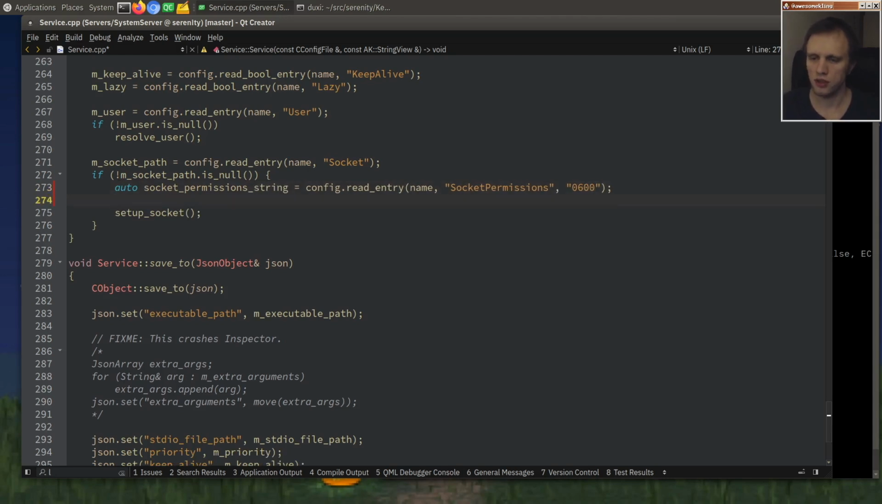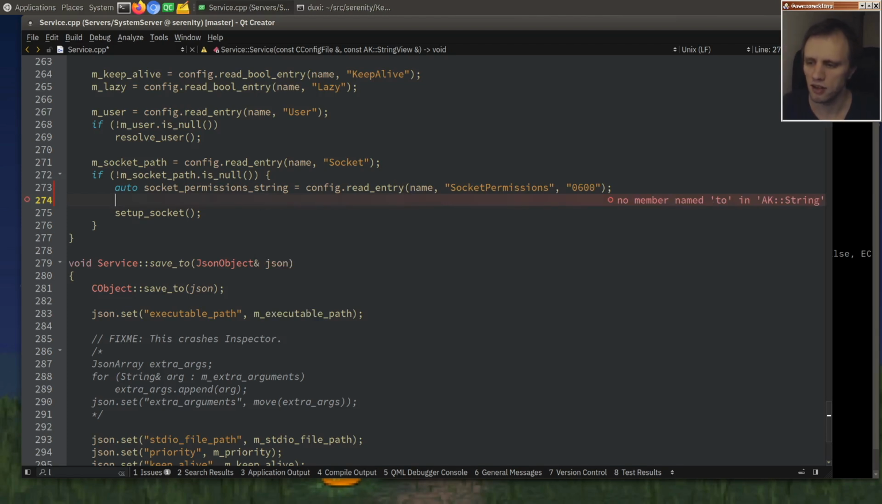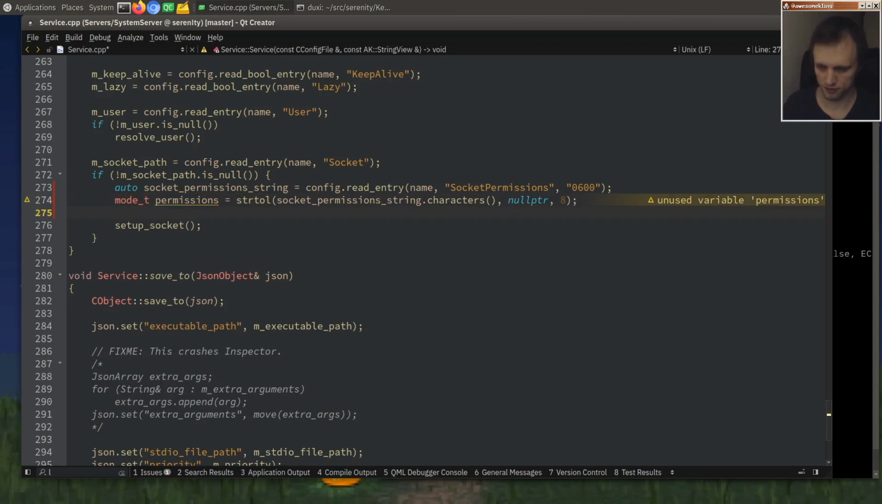Socket permission string, and then we can do strtoul. Or wait, do we have socket permissions? I forget if we have base. No, we don't have to uint from base, so we got to use strtoul. It's okay. Don't care, and base 8. And long permissions. Okay, and then